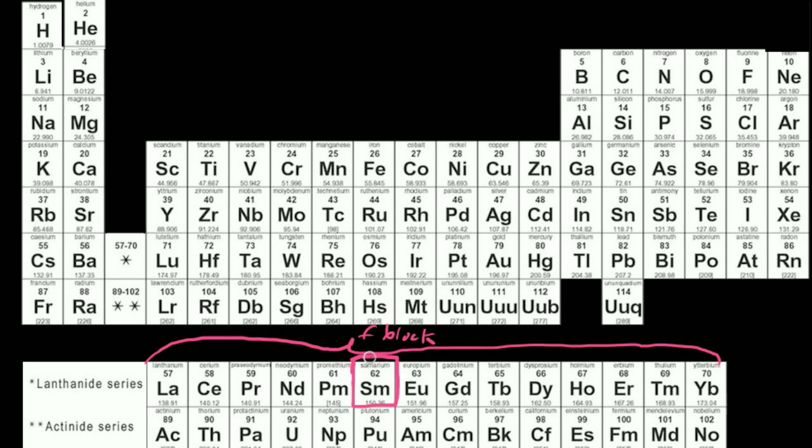Also, I'm making these videos a little out of order, so I might do an example of an F block electron configuration at some point later in the playlist. I'm actually going to try to find that video and maybe take it out of the playlist. But anyway,